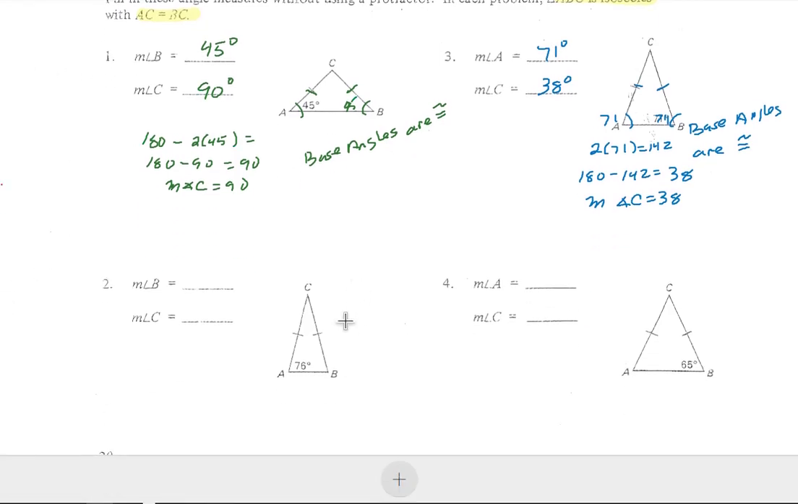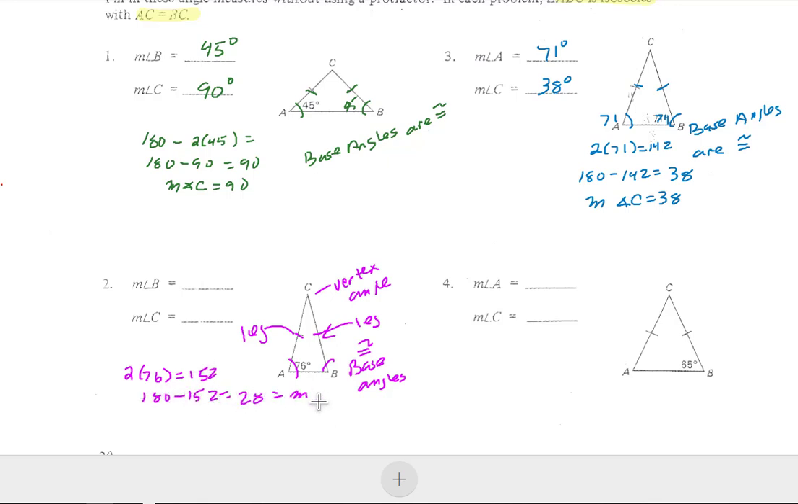For number 2, we've got a 76 degree angle. 2 times 76 is 152, which leaves 28 degrees for the vertex angle, if we do 180 take away 152. So we have the two congruent legs. Opposite the legs, we have congruent base angles, and triangle sums gives us 28 degrees for the vertex angle at